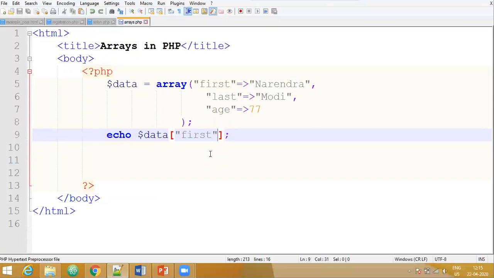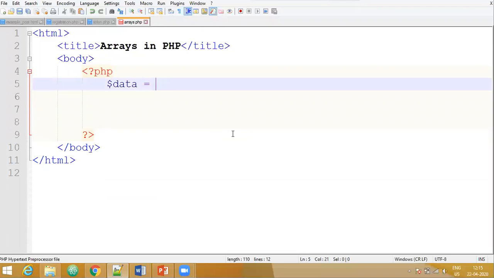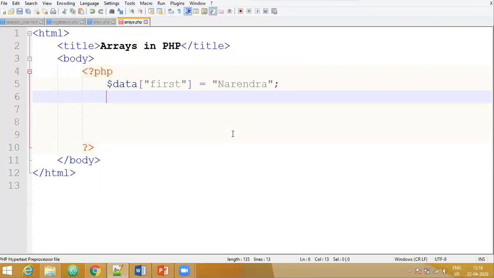Now we have one more way to create an associative array. Instead of writing $data is equal to array and then giving the name and value pairs, what we will do is write the array name, then in double quotes give the name, close the square bracket, say equal to, give the value that has to be associated with this first name and separate it with a semicolon.